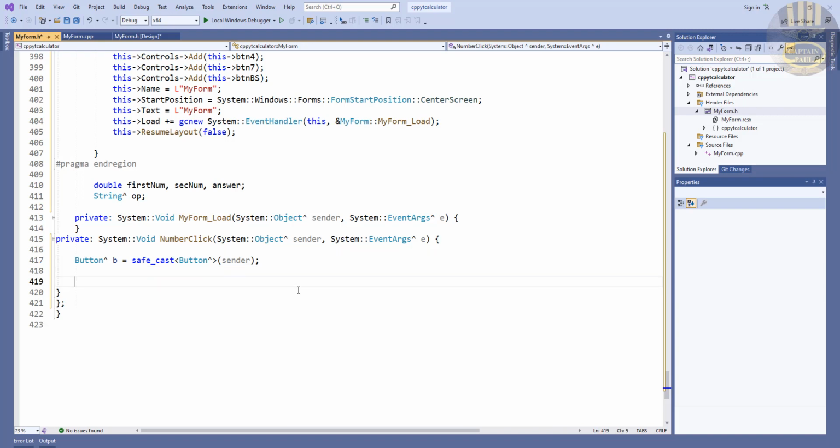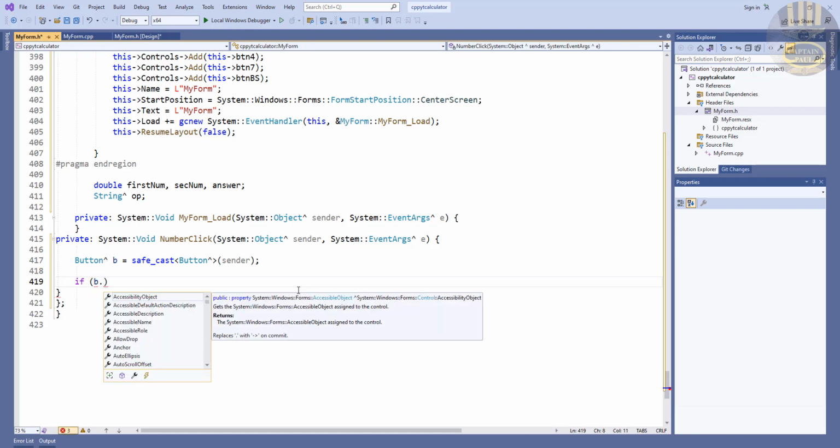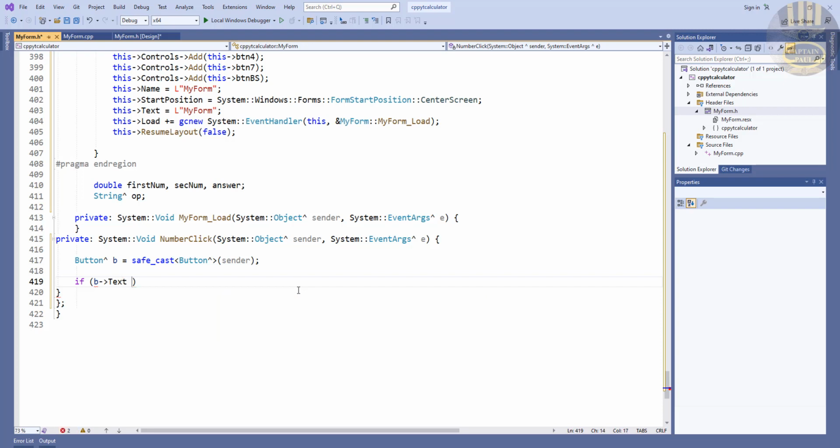So I'm going to come down here and say if button dot text. As soon as you press enter, you see something like a pointer pointing to the text. If that equals decimal, then enter a statement block. I want the following: if